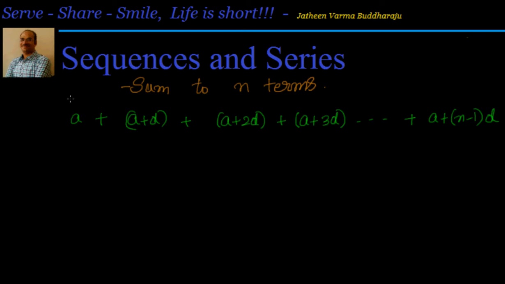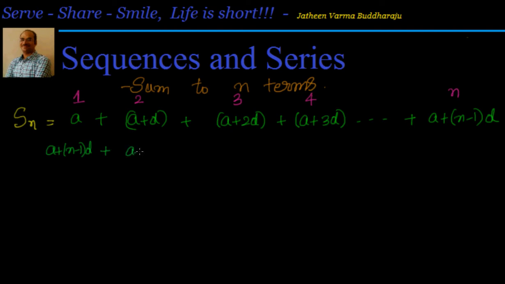What are our terms here? First term, second term, third term, fourth term, nth term. Let us say this is equal to the sum of all these terms. I will say it as Sn. Now what I will do, whatever is there, I will just reverse it and write it again, and I will say a plus n minus 1 into d. I can do that because we know this is commutative. I can write it from the other way also.